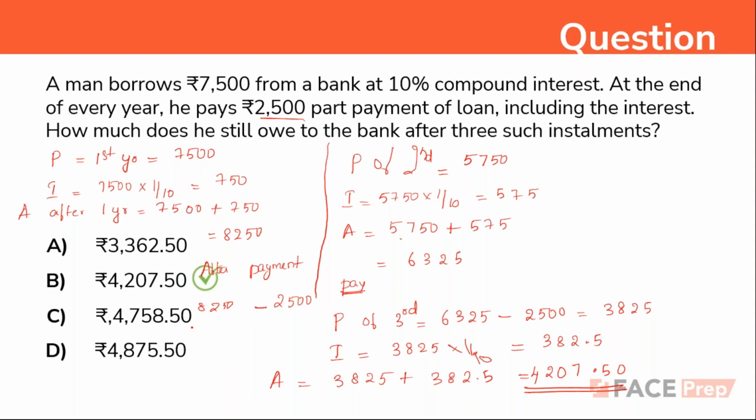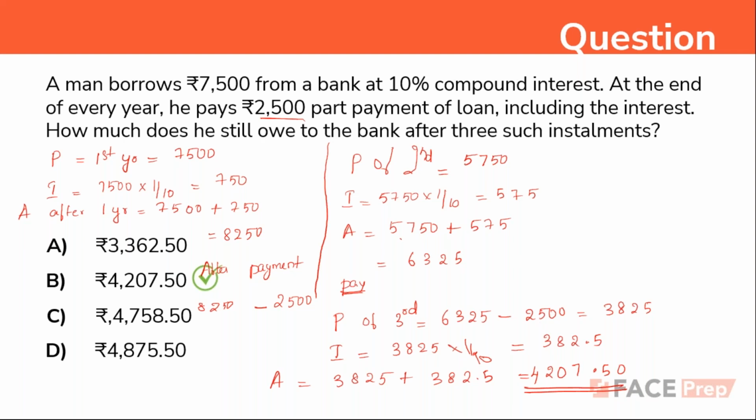So what I am doing was, first the principal of first year is 7,500. For the principal amount, I need to calculate the interest. Interest is 10%. So 750 is the interest. Now I have principal and interest. So amount will be, I'll be adding those two. If I add principal and interest, I'll get the amount. Now from that amount, I'll be paying 2,500. So I need to subtract 2,500 from the amount,